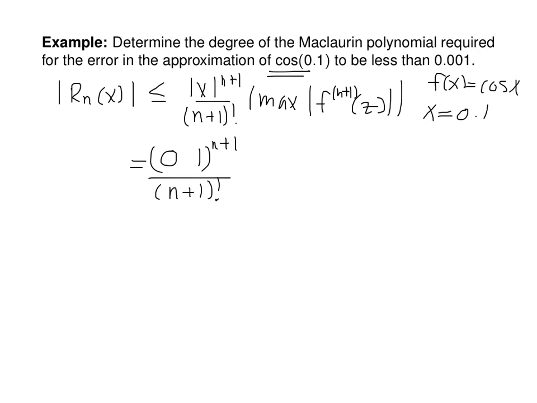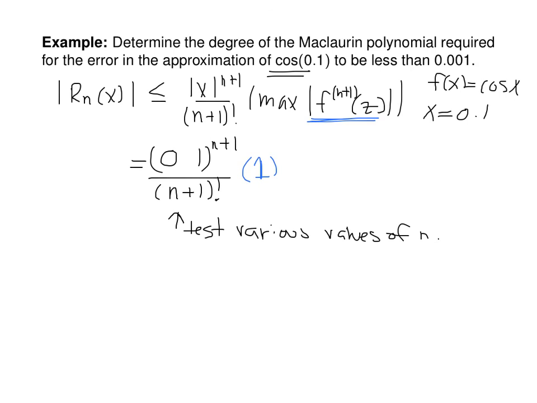And now the maximum of the derivatives: cosine's derivatives fluctuate between plus and minus cosine and plus and minus sine, and the maximum of all those functions is going to be 1, so multiplied by 1. Now, at this point in time, what we do is we just test various values of n, and we look and find the first one where the error comes out to be less than